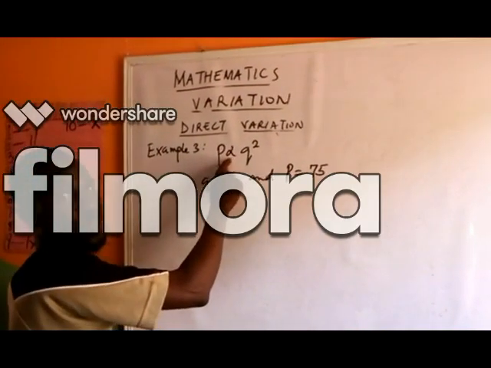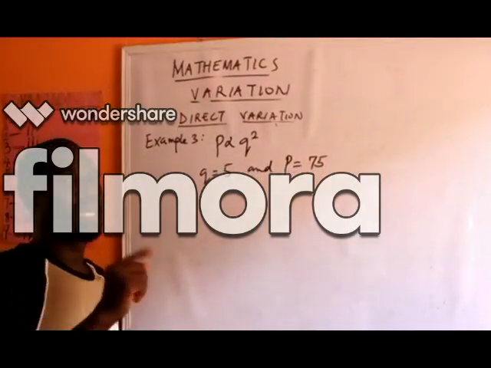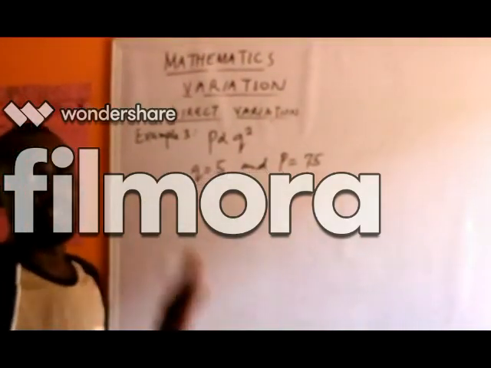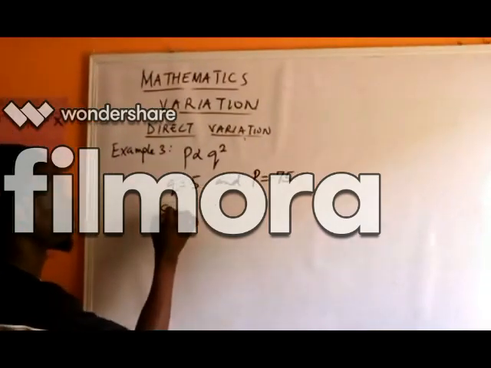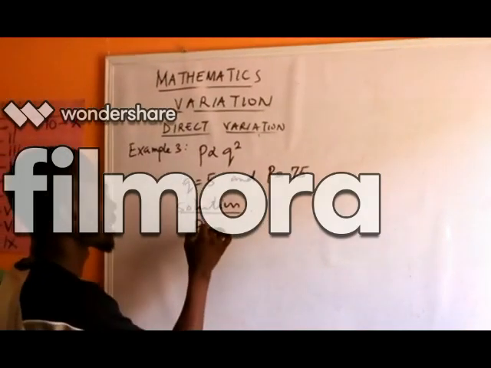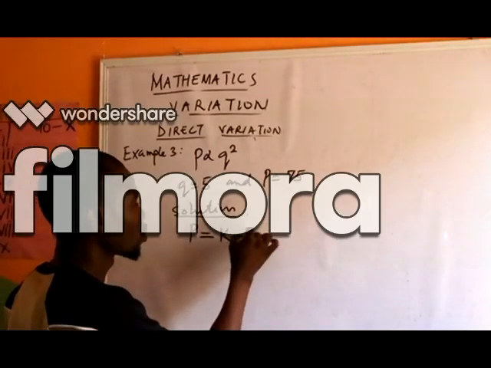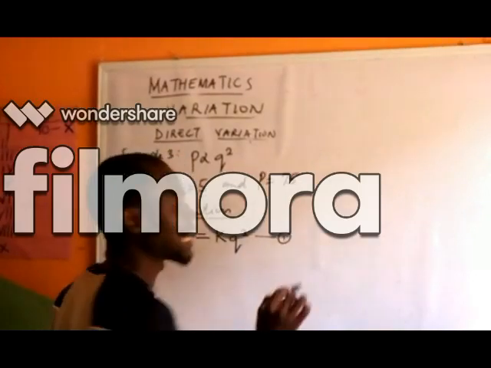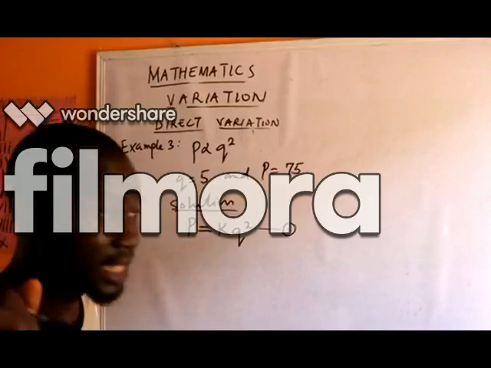Now, when you change this, you change it to a constant. You can use K as I did. In the first note I sent to you, I used K throughout. I don't want to confuse you. Now, the solution. How do you solve this problem? You change this variation sign to equals K. You repeat this Q, squared. That's the first thing. And this now is an equation. It is an equation because of the equality sign.